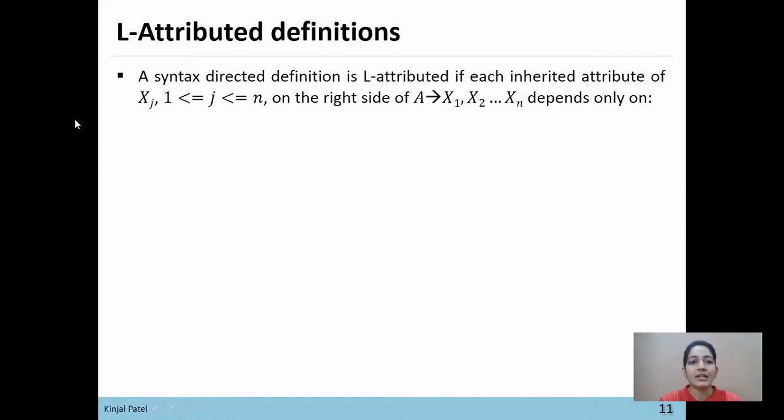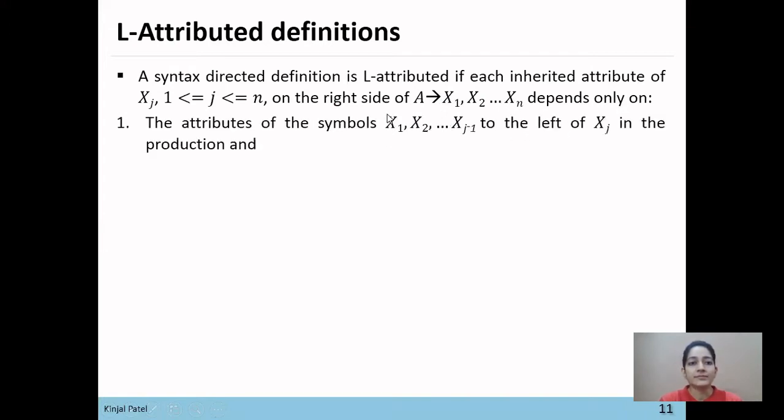Here is the definition: a syntax-directed definition is L-attributed if each inherited attribute of xj, where j goes from 1 to n, on the right side of A derives x1, x2 up to xn, can depend only on the attributes of symbols x1, x2 up to xj minus 1 to the left of xj.